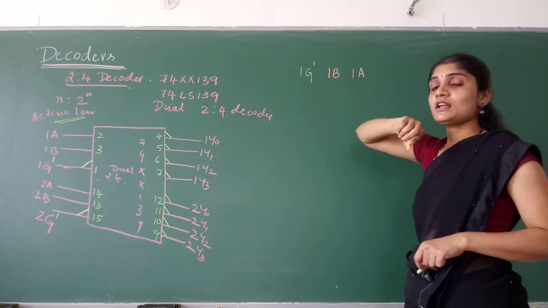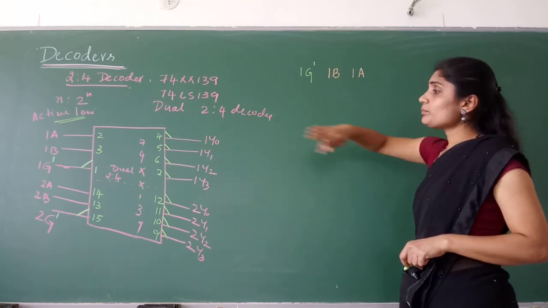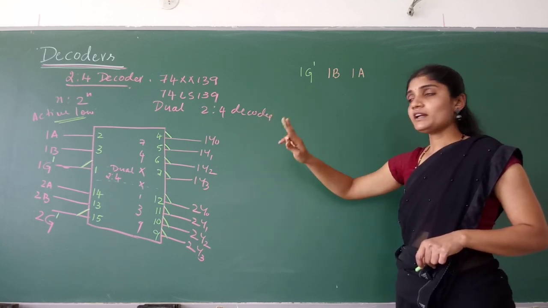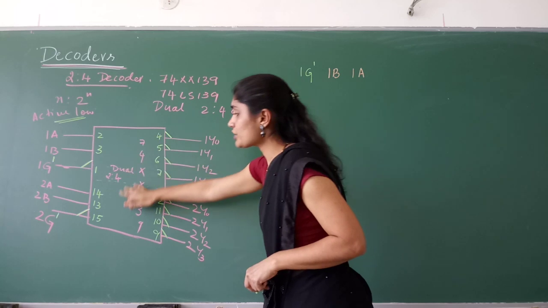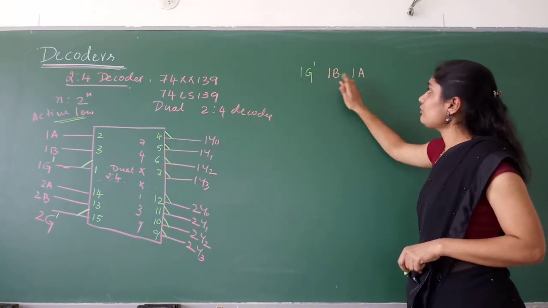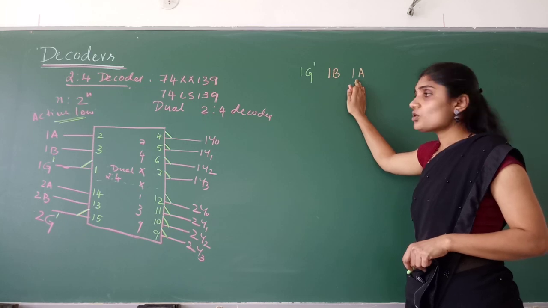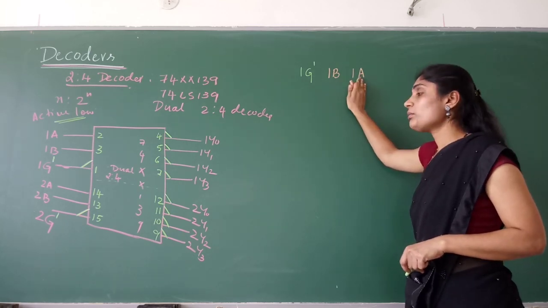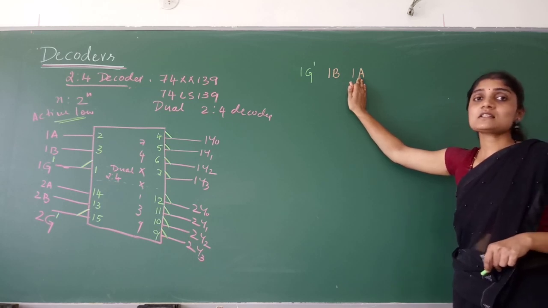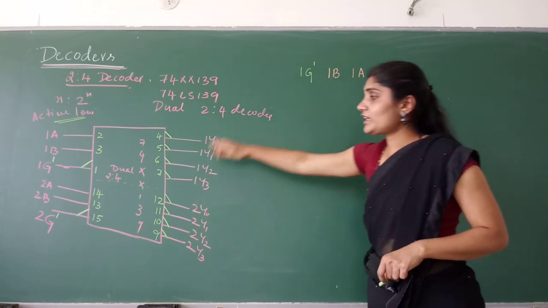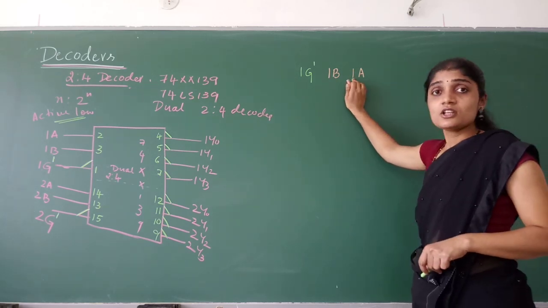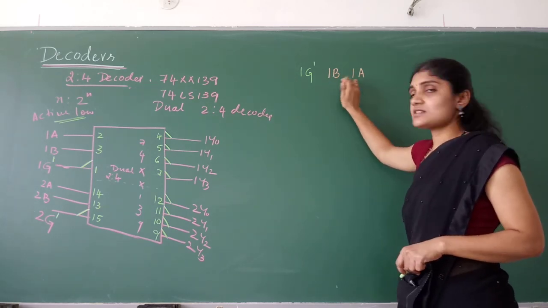This is also how I will write the implementation of the 74LS139, showing using what gates they manufacture the IC. For that they have taken 1B first and 1A next. If you interchange them, when you are using this in your lab, your decoder may not work properly, because when they manufacture the IC, this is the notation they have taken. So it is better we follow the same.